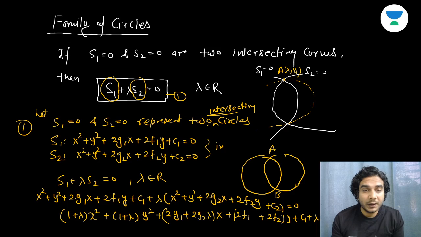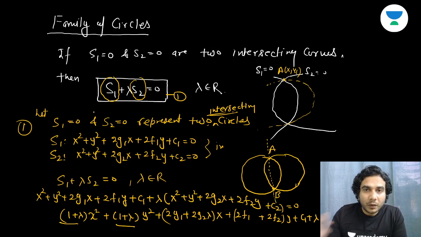A circle can be of imaginary radius also. So for real radius or imaginary radius, we can apply separate condition on g square plus f square minus c. That should be positive or negative for real or imaginary radius. But for lambda is equal to minus 1, that is the only one value for which the coefficient of x square and coefficient of y square will become 0, and it will become a line, right? And that will be a line which will also pass through the points of intersection of s1 and s2. So for lambda is equal to minus 1, it will become a line, and that line is nothing but